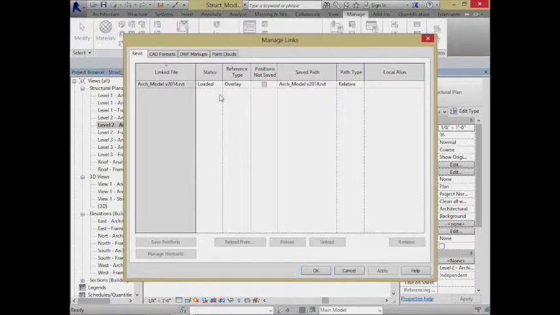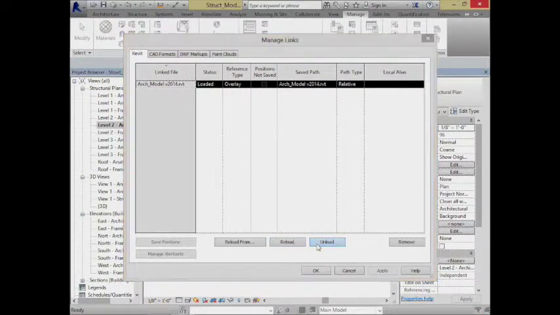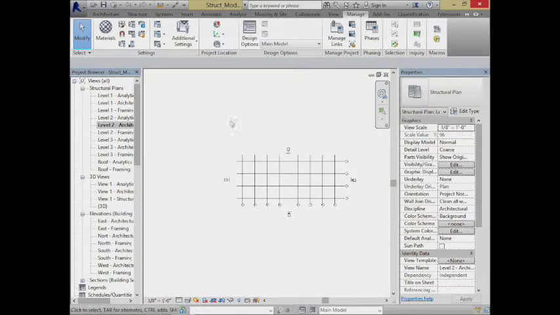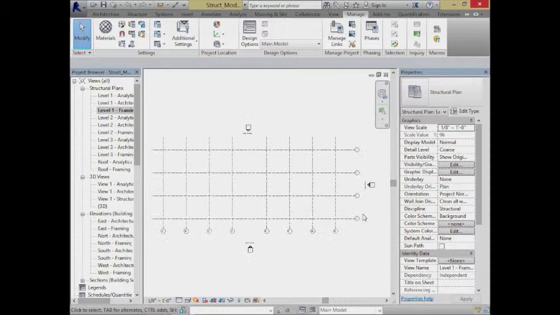Within that, I'm even going to just turn off the architectural model, so we're not looking at that. Go back to level 1. As we're thinking about doing this structure, we can do this pretty quickly once we have the grid locations set up. There are all these tools that help us lay out a structure on the grids very, very quickly, which are nice to work with. So, if I go to the Structure tab,